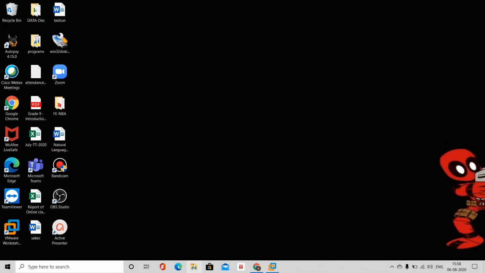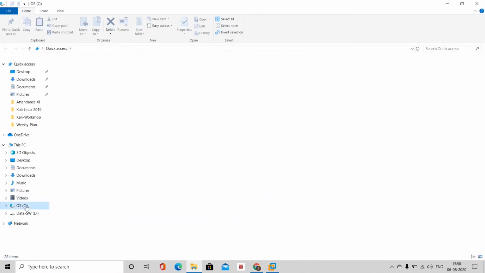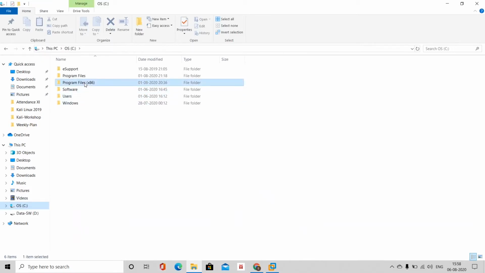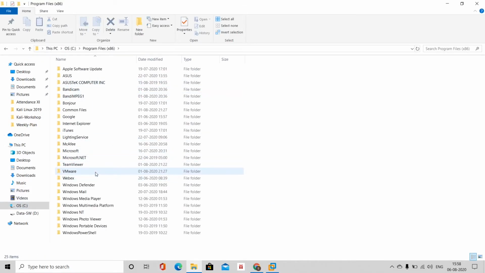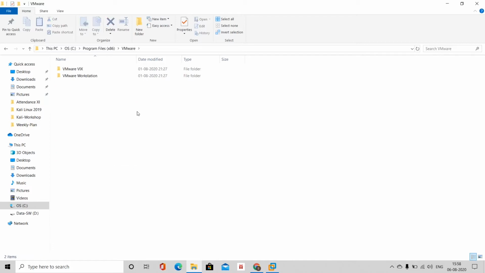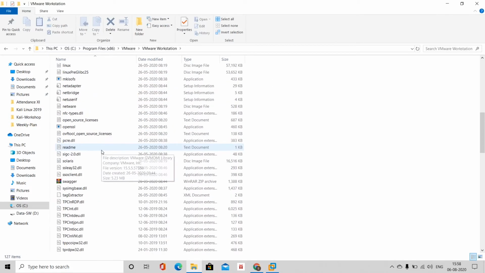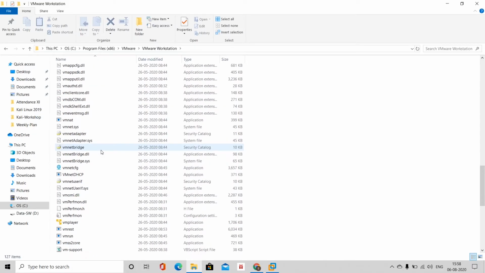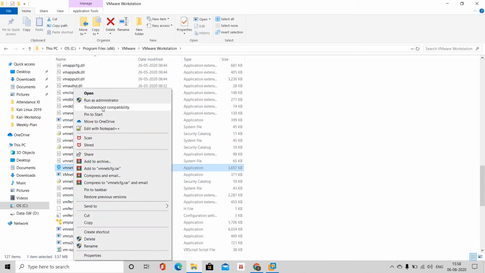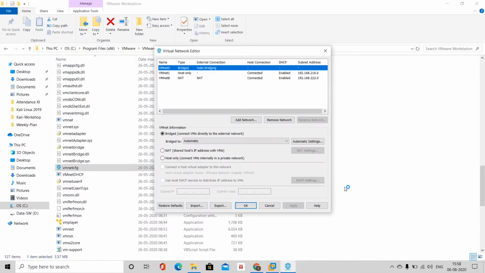Just go to the C drive, go to the program files where VMware is installed, get your VMware workstation, and just find a file called vmnetcfg. vmnetcfg. After going to this file, just right click and run as administrator. Okay, it will execute. When you run it as administrator, then only you will be able to see